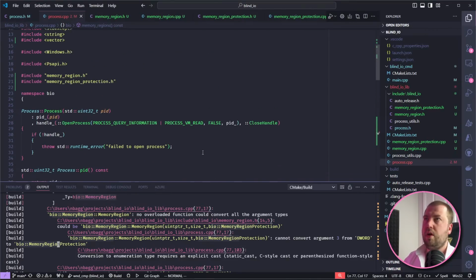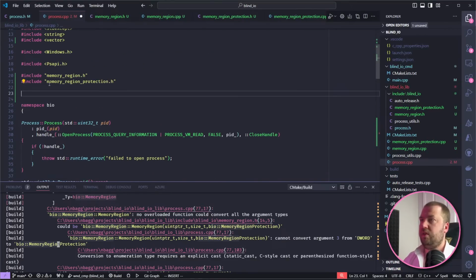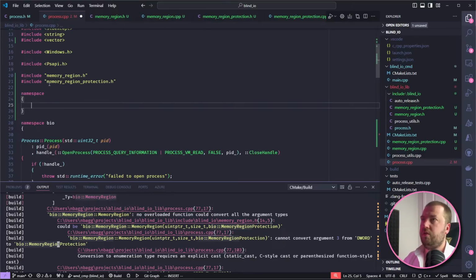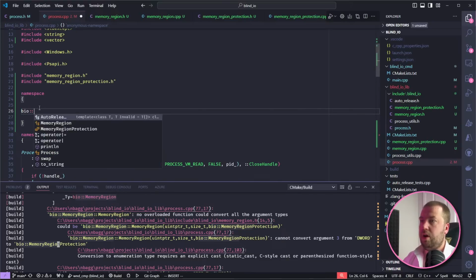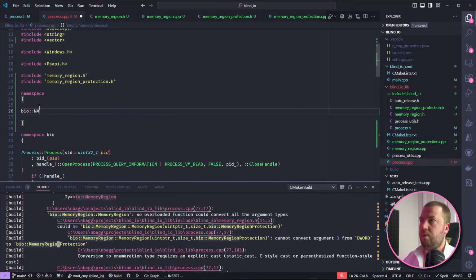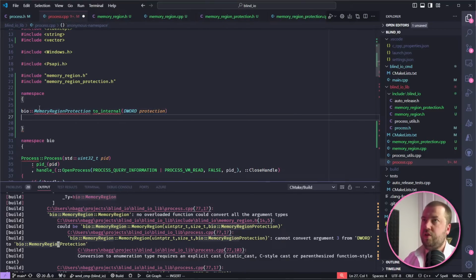Anyway, what we need now is a way of converting from a DWORD to our internal implementation. So we're going to take a bio memory region protection. It's going to return that. I'm just going to call it to_internal, and we're going to take in the Microsoft version.